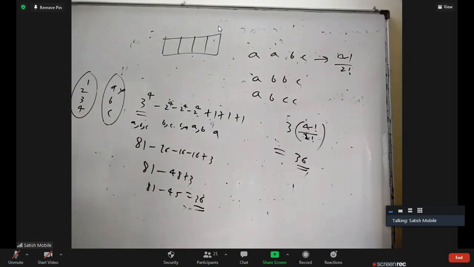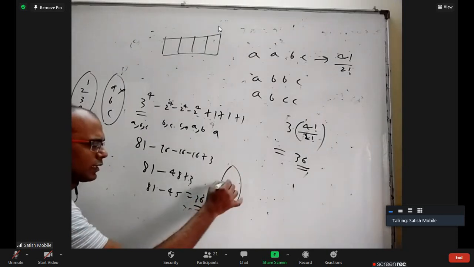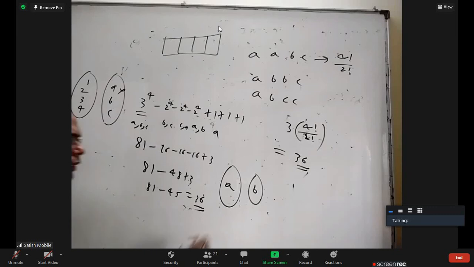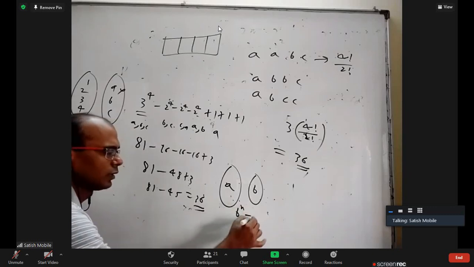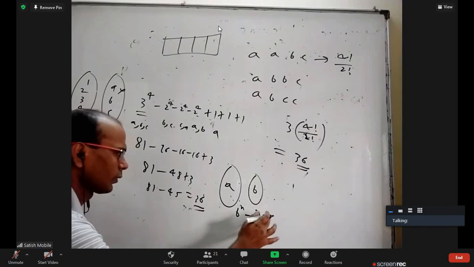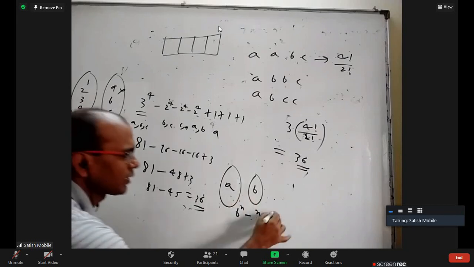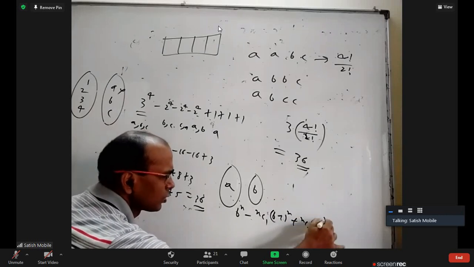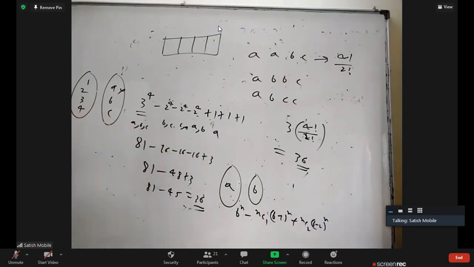First method is standard theory in permutation combination to find the number of onto functions. If you have, let us say, n elements here and b elements here, you want to know the number of onto functions. It will be b power n minus nC1 into (b minus 1) whole power n plus nC2 (b minus 2) whole power n, like that, there is a formula. Where that formula came from, I'm explaining here.